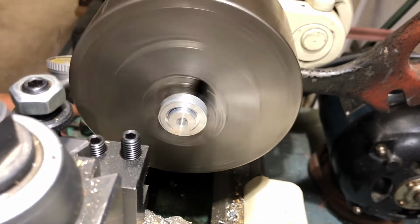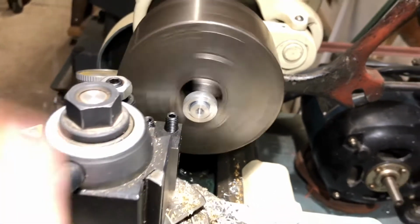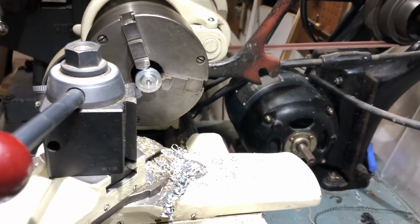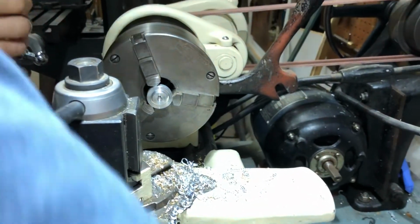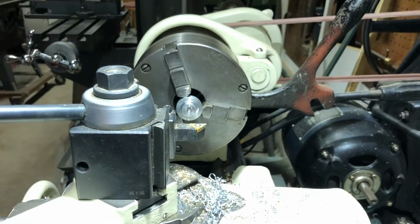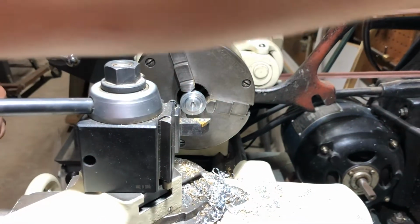Within an hour or two anyway. So it may not be perfectly concentric because it's a 3-jaw chuck, but parallel wise it's straight. And I'm cutting that off anyway, so now I can go ahead and go to my other tool. And now I can just cut this face the way I want it to